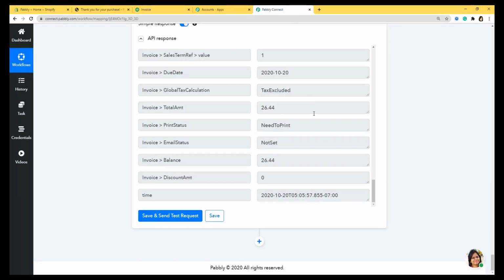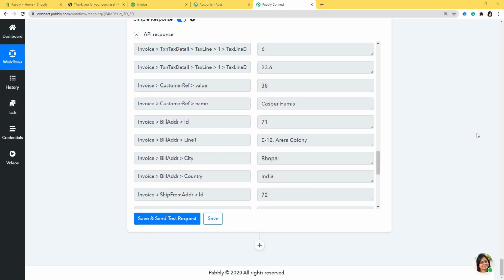That means we have completed both of our steps. First, we integrated Shopify with Pabbly Connect, and then we integrated Pabbly Connect with QuickBooks. Now in QuickBooks, we took 2 methods. First, we added a new customer, and then we created our invoice. Now I'll give you one more example, and I'll show you how, if any new order is created in Shopify, QuickBooks should auto create the invoice.